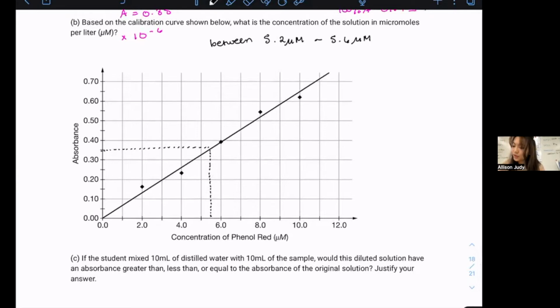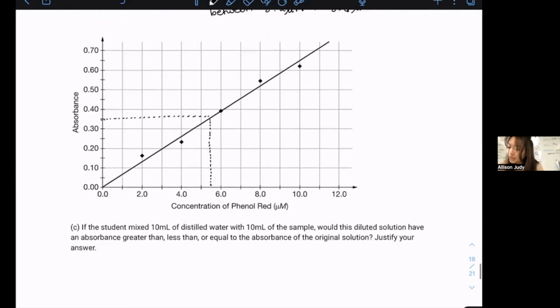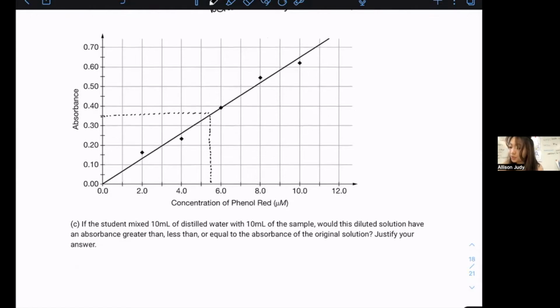Okay, so here this is all graph reading, right? Now we're asked if the student's mix is 10 milliliters of distilled water with 10 milliliters of the sample, would this diluted solution have an absorbance greater than, less than, or equal to the absorbance of the solution? Justify your answer. So